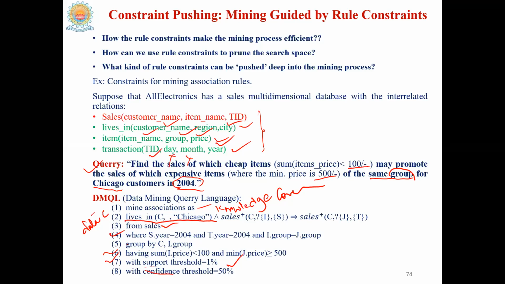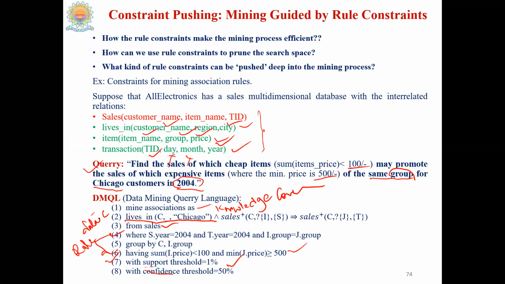Those are the year should be equal to 2004 and both groups should be same. And similarly here you are having the price, the sum of the prices of cheapest items should be less than 100 and the price of the costliest item should start with 500. So all these constraints come under rule constraints. So constraints from line 4 and 6 come under